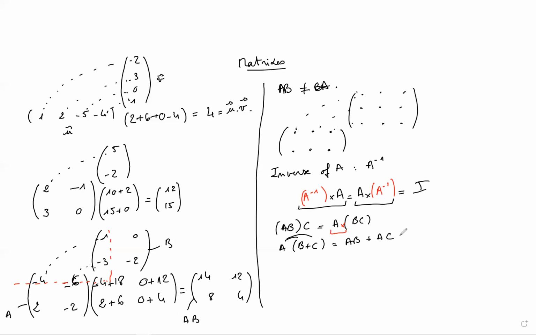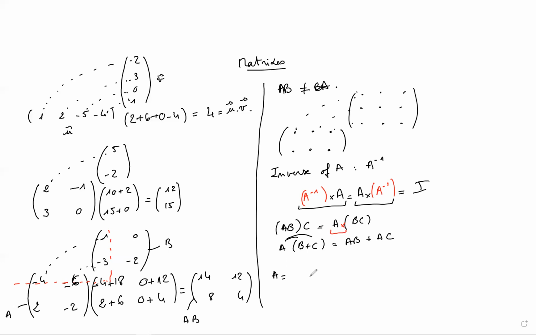Now, if you want to know if a matrix is invertible, you will have to compute its determinant. I've already presented the determinant in the vectors lesson. So if I have a matrix A, which is, for example,